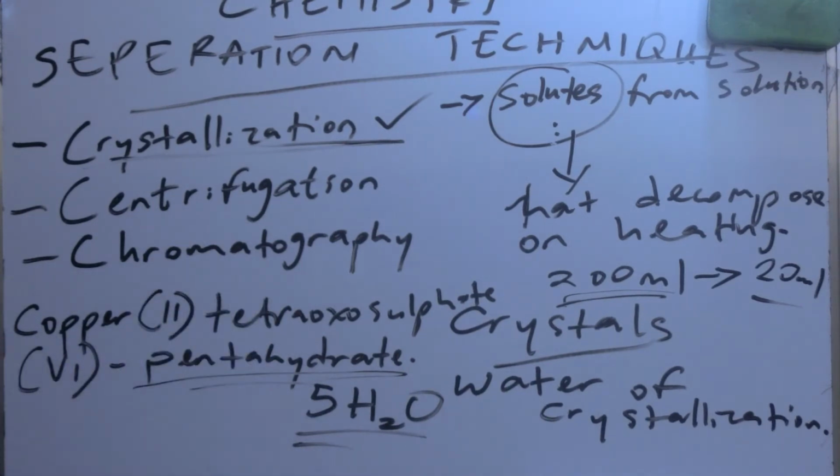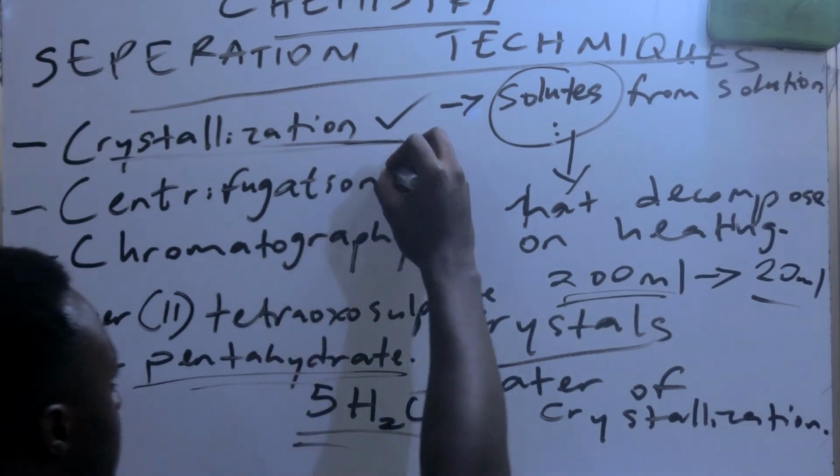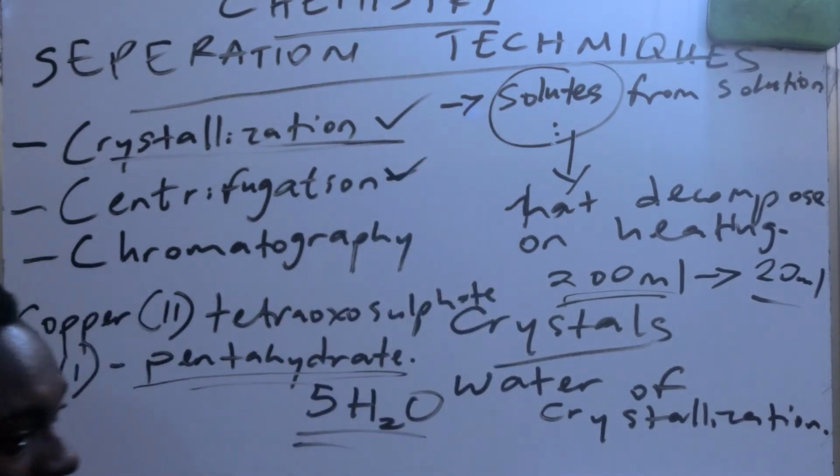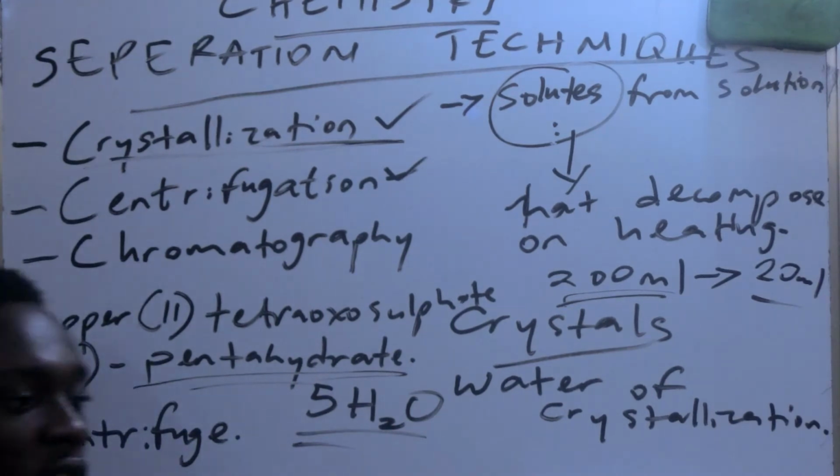Now, the second we have here is centrifugation. Centrifugation is a separation technique that makes use of a special apparatus known as a centrifuge. Now, this centrifuge, the way it is designed, is capable of holding test